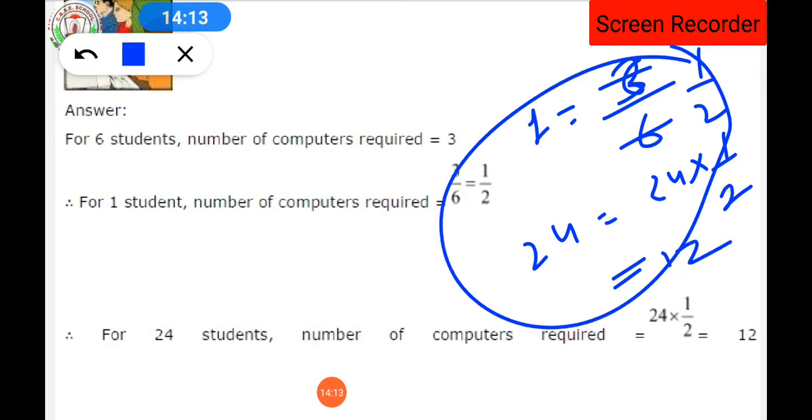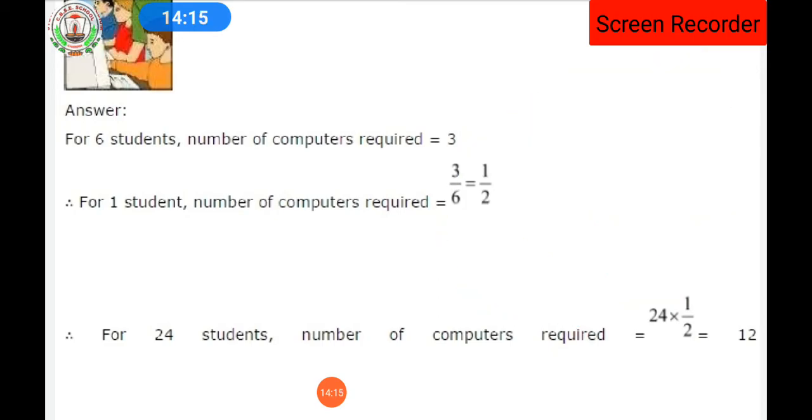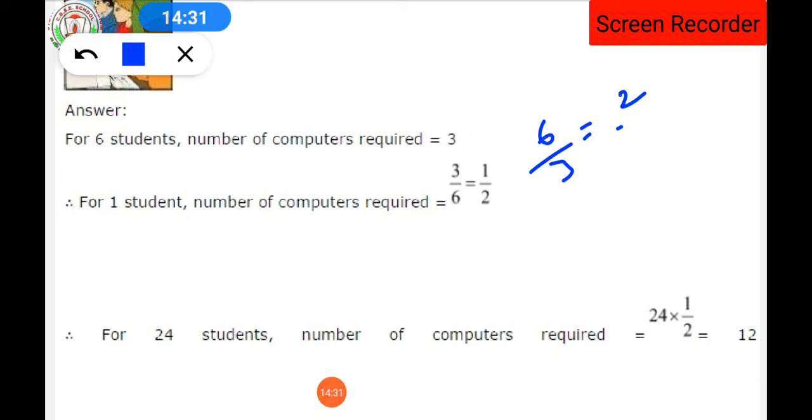This is the direct way. So indirect way, since it is a ratio proportion, isn't it? So inverse proportion is also there. इन्वर्स प्रोपोर्शन भी है, जो आगे चैप्टर तुम लोग इस क्लास 8 में पढ़ोगे. इन्वर्स प्रोपोर्शन, उस प्रोपोर्शन के अकॉर्डिंग जो अभी मैंने करवाया है, जिसमें 6 divided by 3 equals to 2 upon 1 आ रहा था.